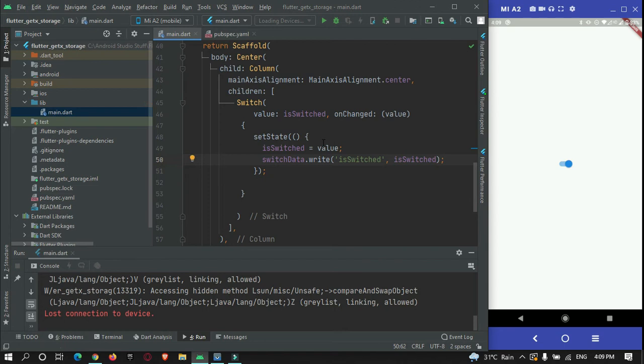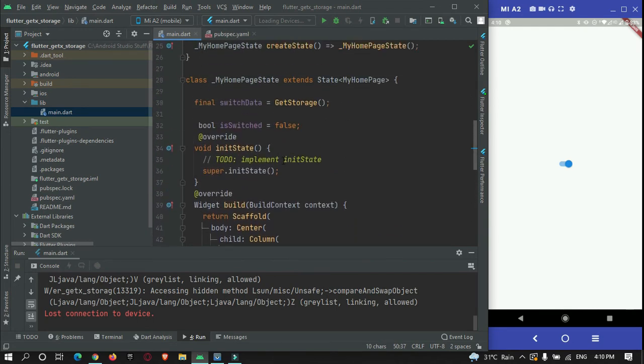If it is on, then we will store true. If it is off, then we will store false. We will store this data in this getX storage by making use of this key.